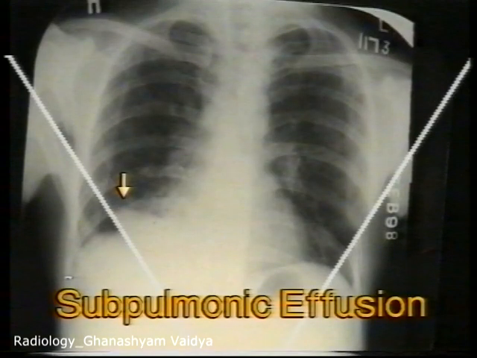Let us compare the level of the diaphragm in the two pictures. The inner X-ray before aspiration shows the raised hemidiaphragm. A similar appearance may be seen in subphrenic abscess and diaphragmatic paralysis.